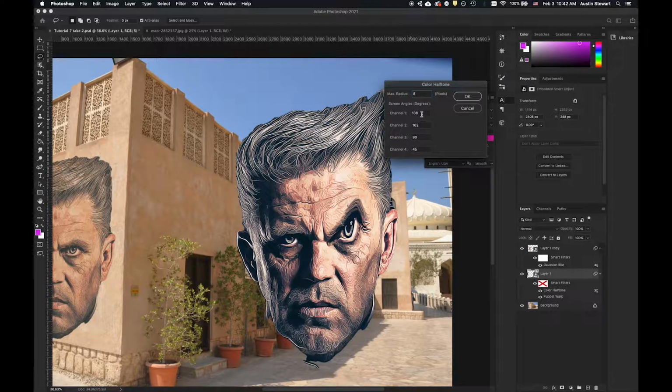And then this screen degrees. So there's 4 color channels. You can adjust these and it just makes it look a little bit different. There's not really a right or wrong there. I've always just left it at the default. I've never found changing it too much made a big difference for the way that I use it. Okay, so if I make this smaller, if I make it 4 pixels and hit OK,